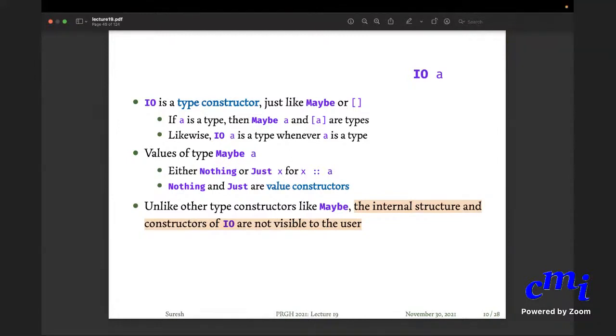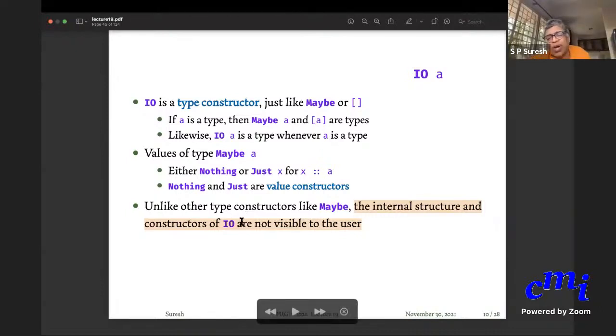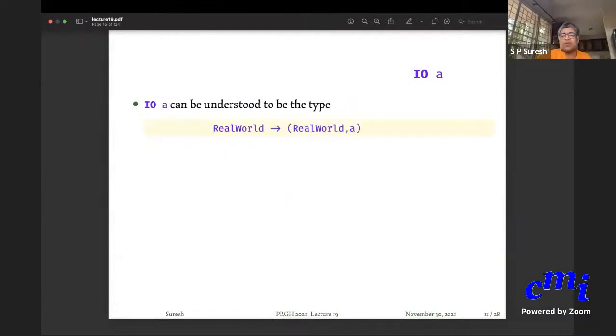Yeah, it's clear. Okay. But unlike those types, for IO, you cannot really know what the internal type constructors, etc. are. This is just a conceptual view I am giving. So Haskell asks you not to bother about this. If you want, you can think about it this way: IO A is really this.